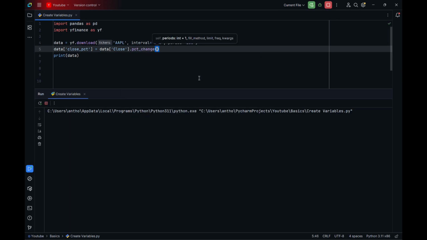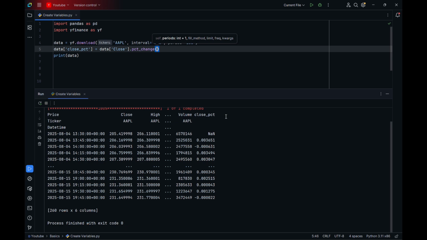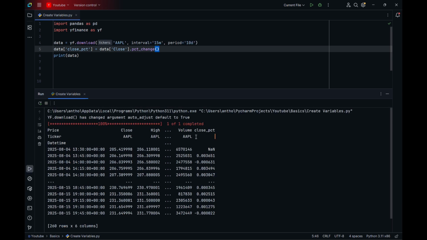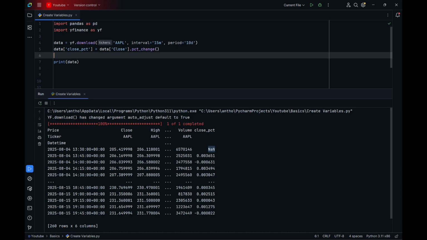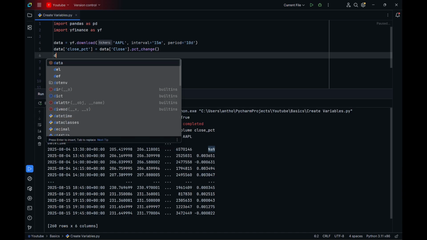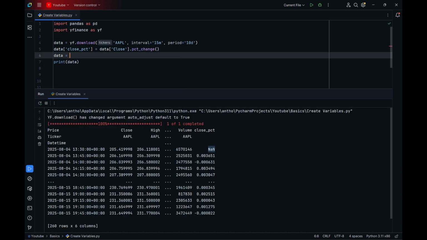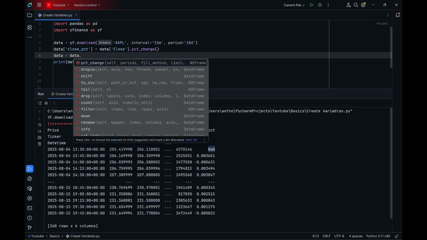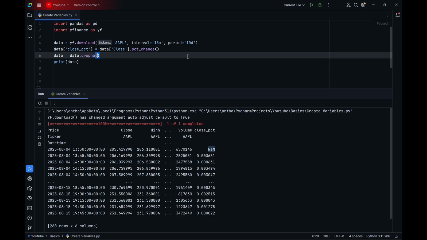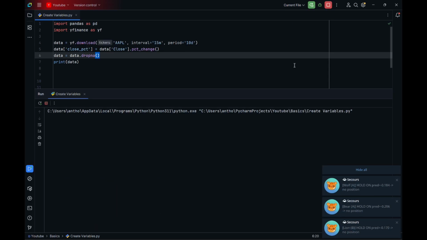And here, as you will see, I will have a brand new column. Now I have a NaN because you cannot compute the percentage change of the first index as there is no previous data. So what I will do is that I will say that the data frame is equal to the data frame dot dropna. And this will basically drop every NA value in the whole data frame. So here, if I run this,